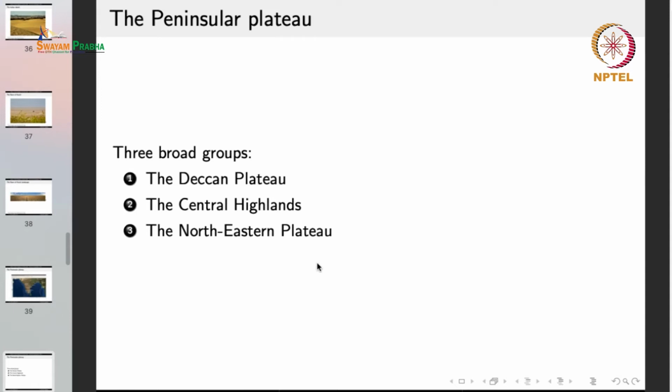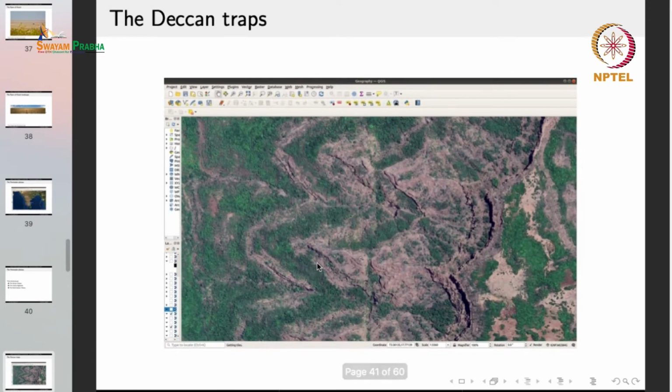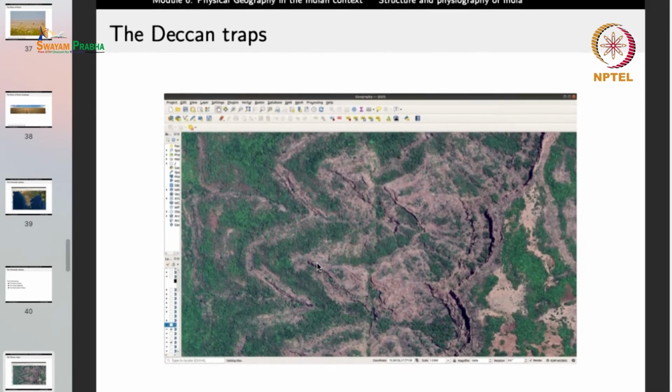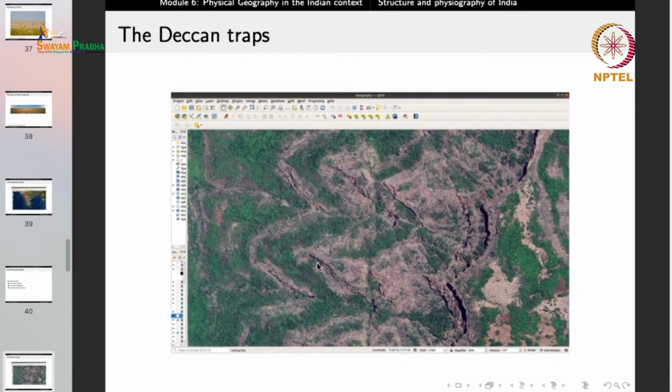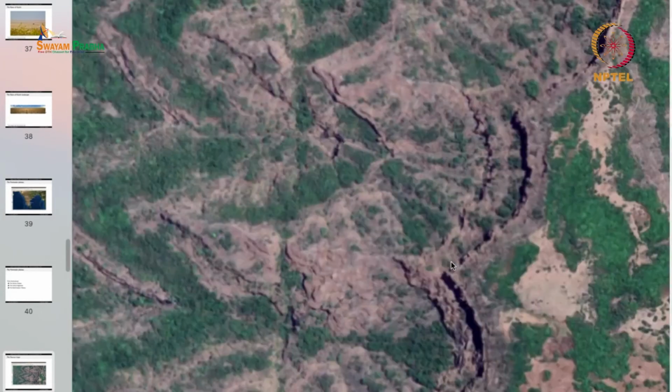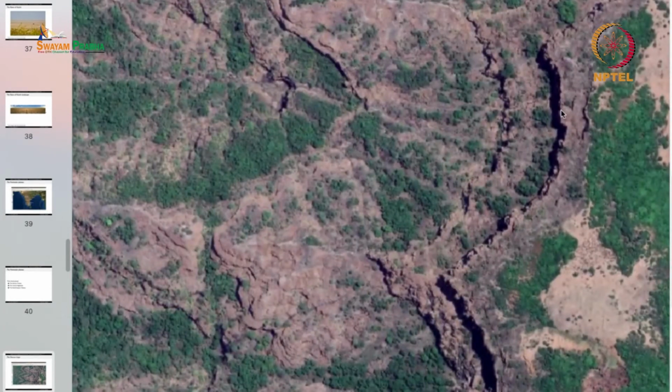Now the Peninsular Plateau is divided into three parts. We have the Deccan Plateau, the Central Highlands and the Northeastern Plateau. The Deccan Plateau is characterized by the Deccan Traps. Now the Deccan Traps, if you look at this image, here we are observing that we have a staircase like pattern